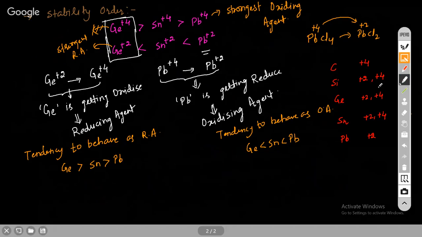So in all these oxidation states, +4 is the only possible oxidation state for carbon. For silicon, +4 is the most common. For germanium, +2 is the most common. Then tin we have +2. And then for lead we have +2 itself. Note germanium can have +4 also. Both oxidation states for germanium are common. But this is the important part which you have to memorize as far as the oxidation state is concerned. Understood?